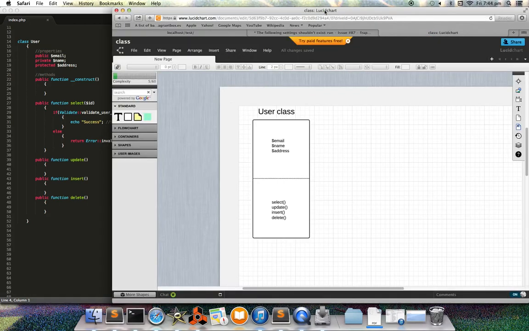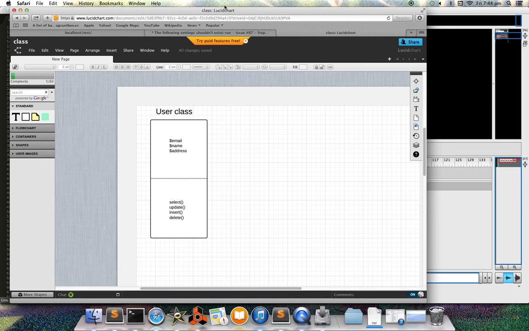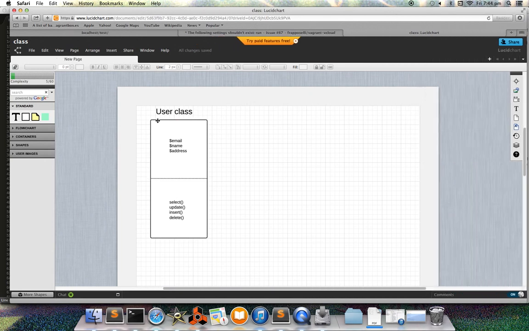Okay, so what are classes? Every time you hear class, I want you to remember this box in here. If you're new to object-oriented programming, this concept could be very confusing. So every time you hear or think about a class, remember this box. A class has two major components: properties like email, name, address, first name, last name, and a bunch of functions